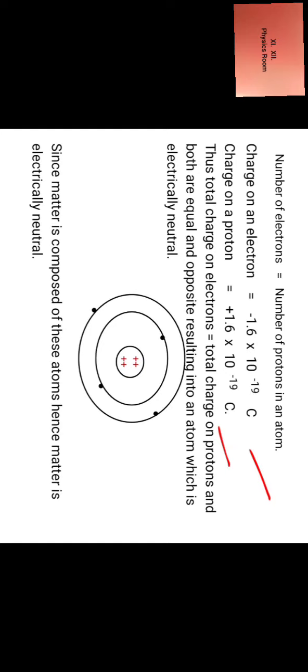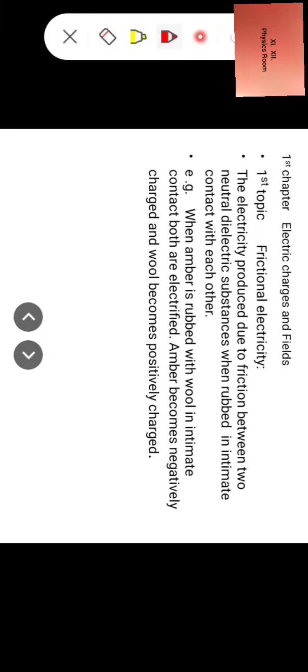Now we come to the first chapter, electric charges and fields. With this previous knowledge, we will be able to understand the first topic, frictional electricity. What is frictional electricity? The electricity produced due to friction between two neutral dielectric substances when rubbed in intimate contact with each other. For example,